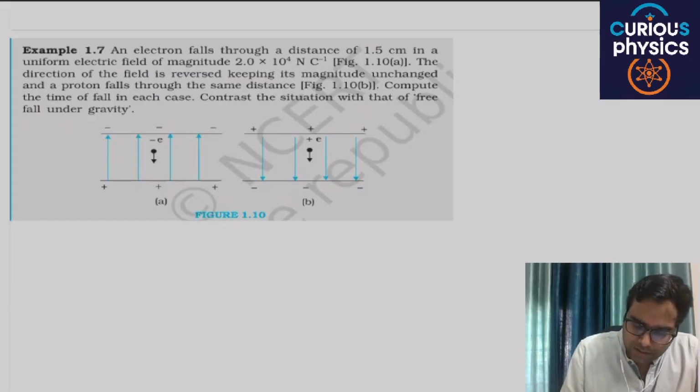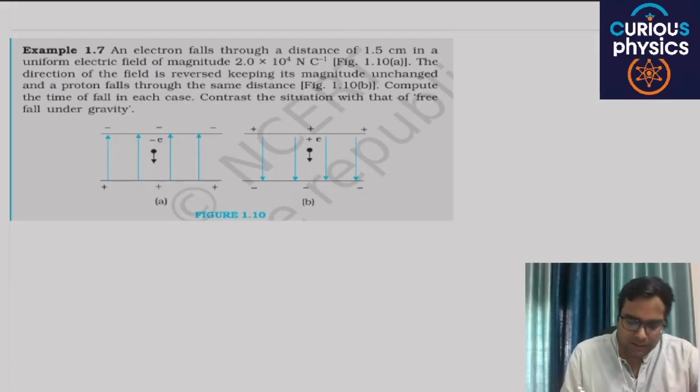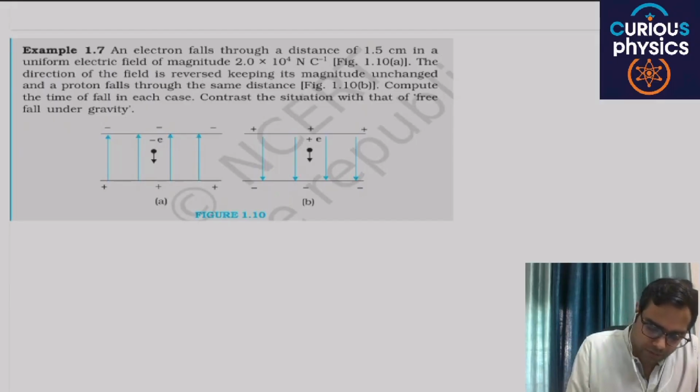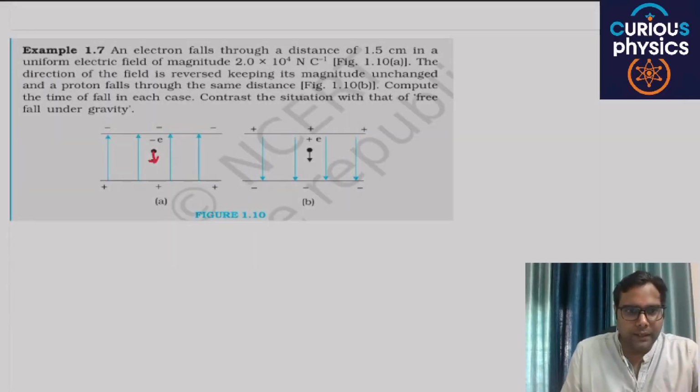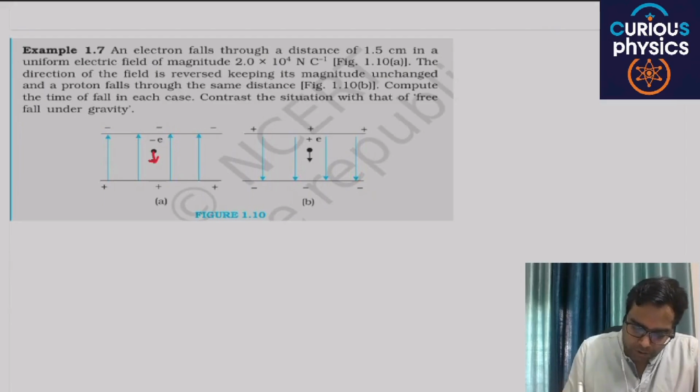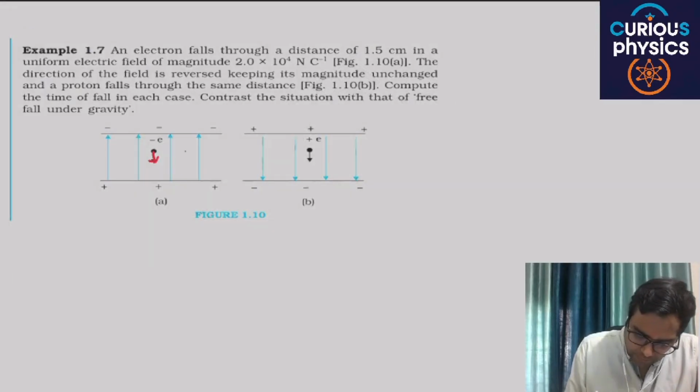In the first case, the direction of the electric field, I said, is from positive to negative. If the electron is falling from the negative side, then the negative charge will repel it and it will move in this particular direction. Are you getting my point? And the charge on the electron and proton is the same. Here the value of the electric field is